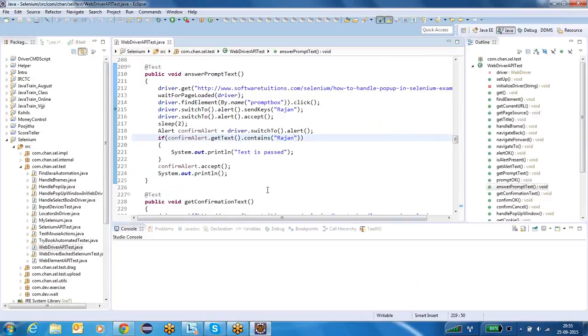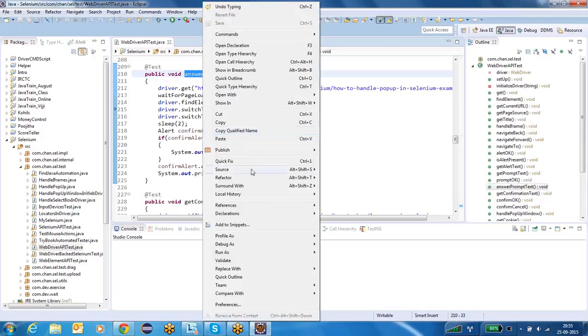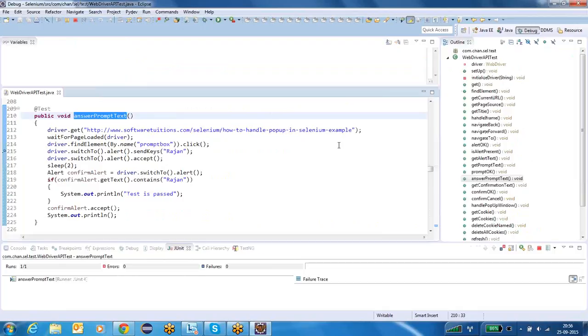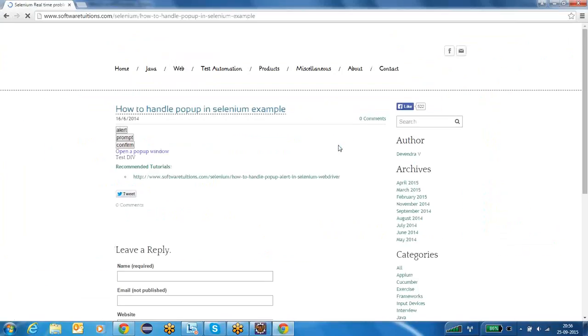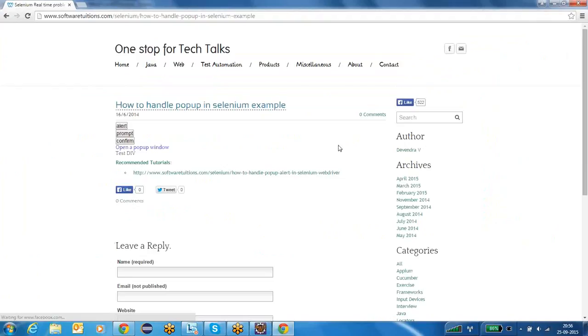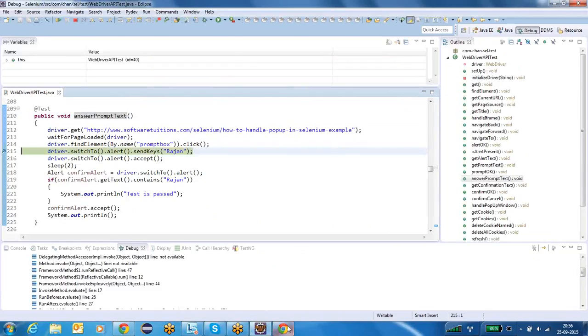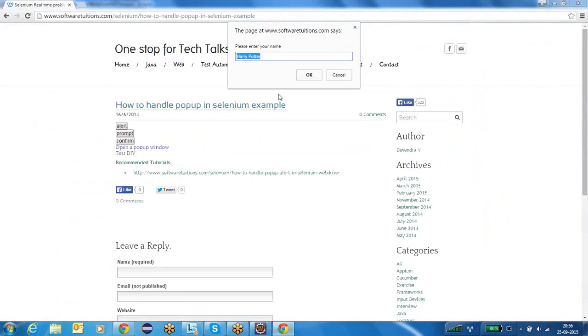The reason for implementing in that way, I will explain now. Here you have to remember one thing. See this, we have the prompt box, right?